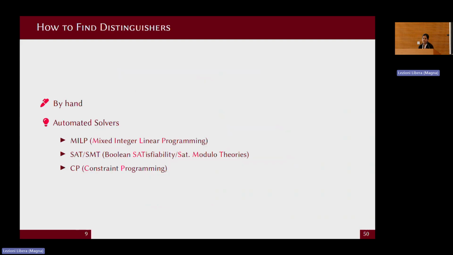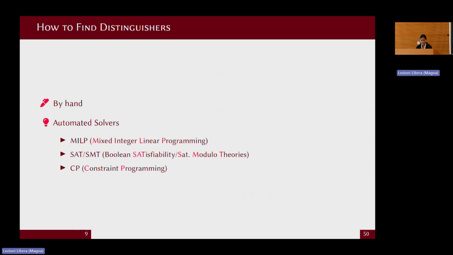The obvious way is to find it by hand, but that is not recommended because it is error prone and cannot be handled for large and complicated crypto systems. So we come to automated solvers. We convert the problem of finding the impossible differential into a constraint programming problem, like MILP, SAT, SMT or CP, and we give this problem to the constraint solvers, maybe MILP solvers like Gurobi, or maybe CP solvers,